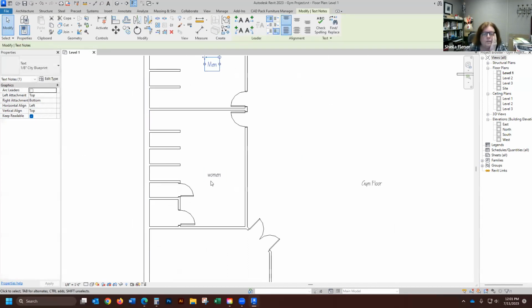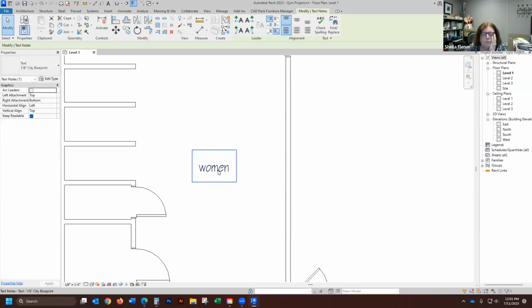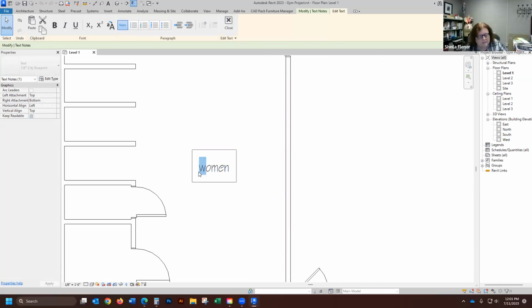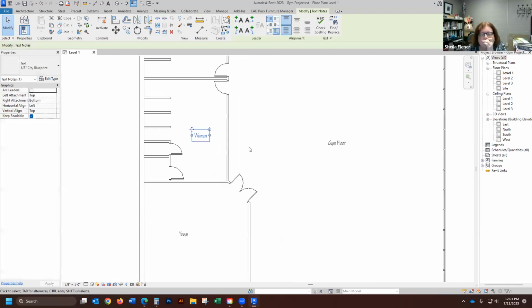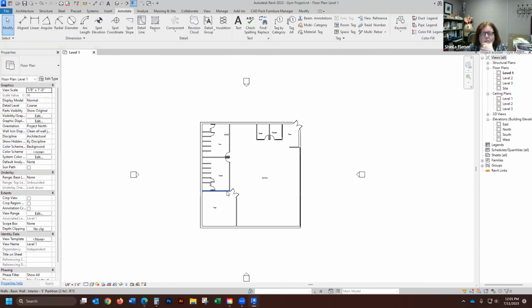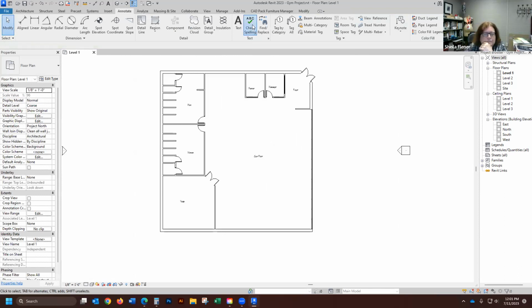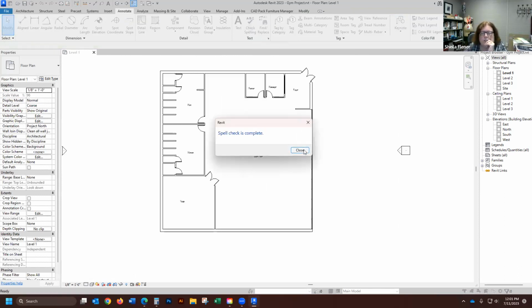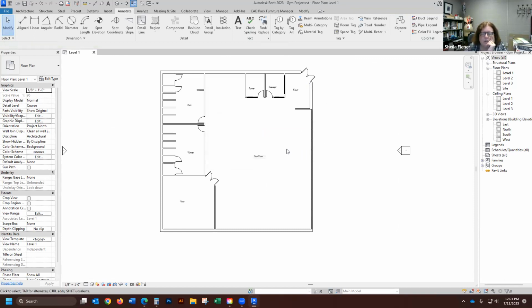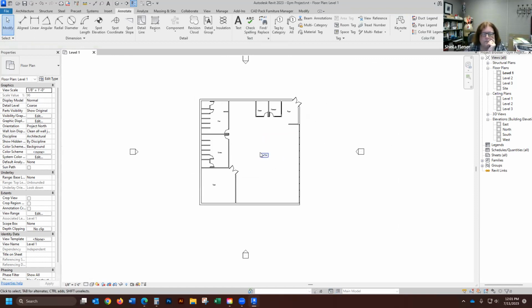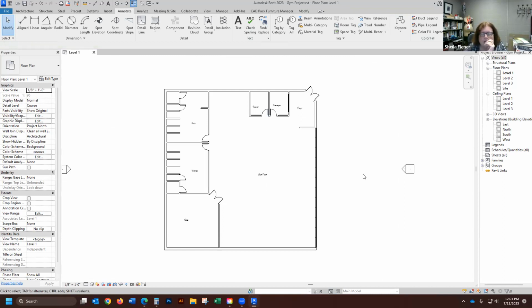label your floor plan. If you make a mistake, you can click inside of it like that and correct any spelling errors you have. You also have a spell check. It will tell you if you've made any spelling errors. Okay, so now